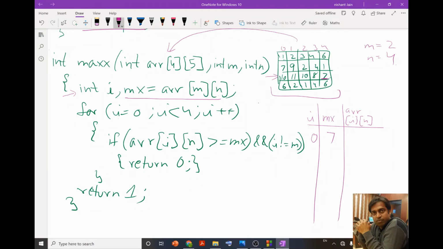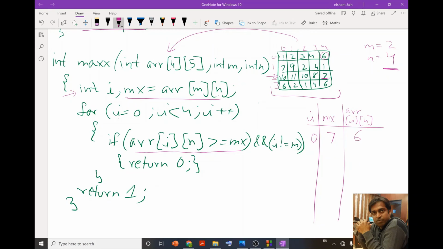Now inside the I loop, first we are going to check this condition. The value of array[I][n], I is 0, n is 4, so at 0, 4, 0, 1, 2, 3, at 0, 4 we have this 6, so the value will be 6.